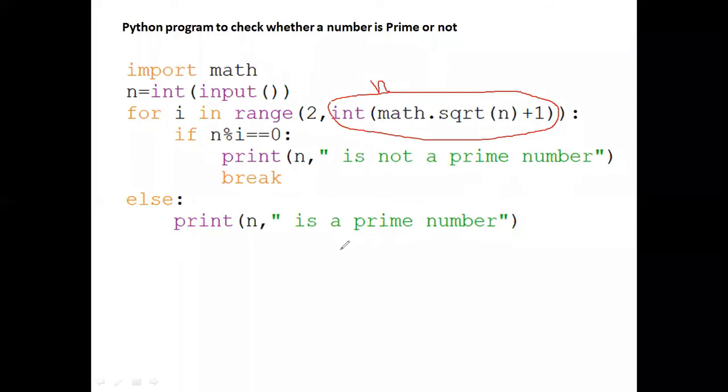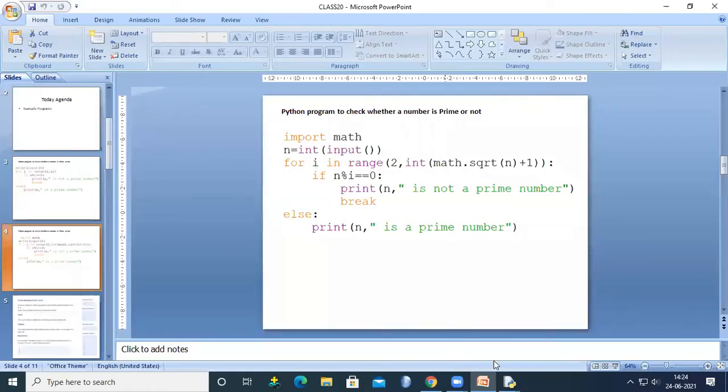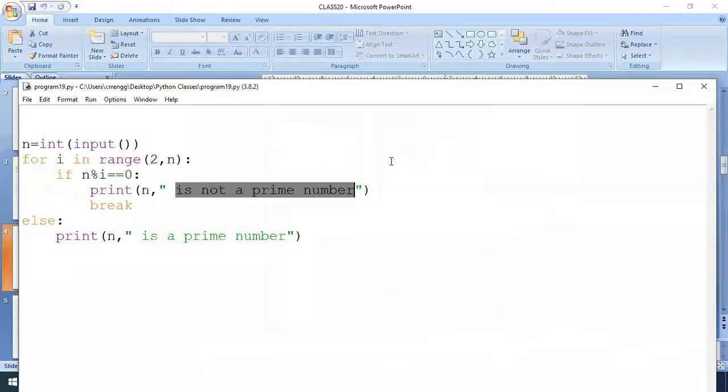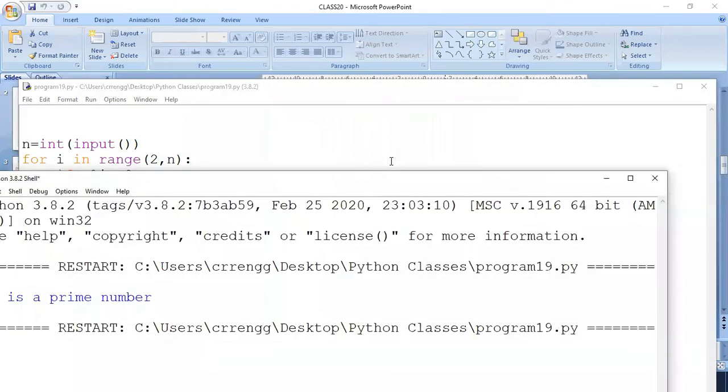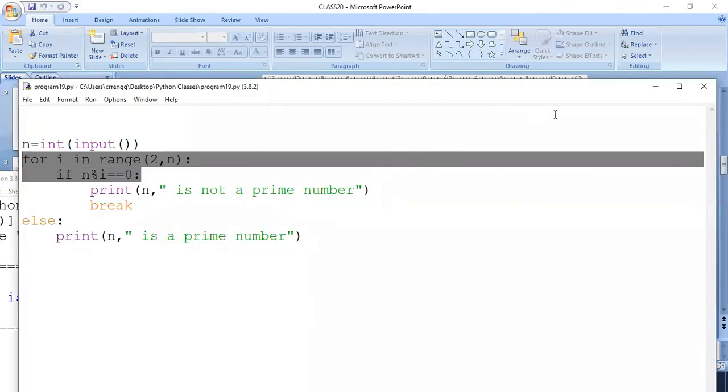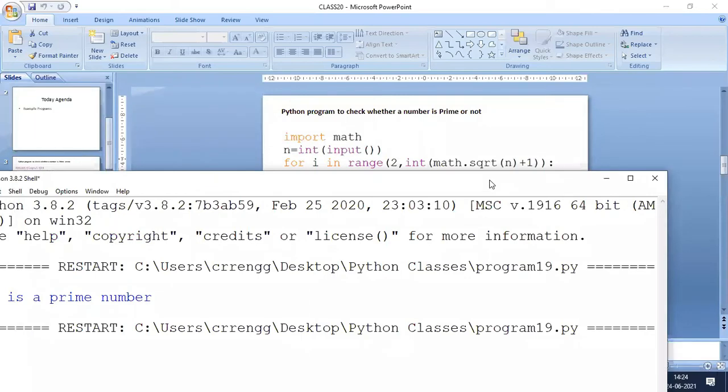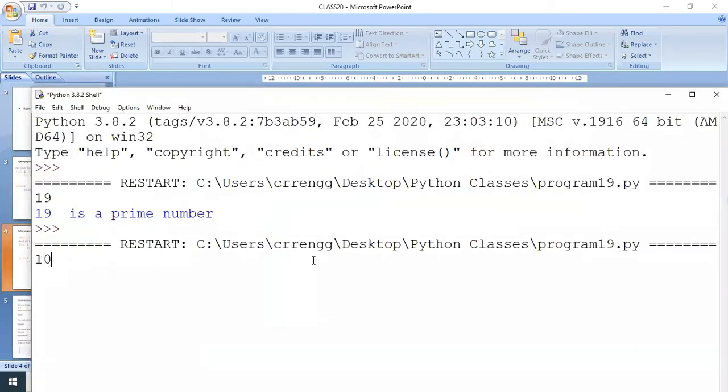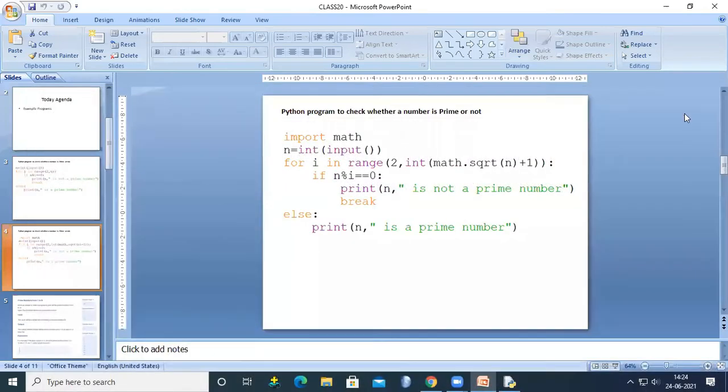For example, if you want to find whether 101 is a prime number or not, how can I find it? If I give 101, so 101 is a prime number.